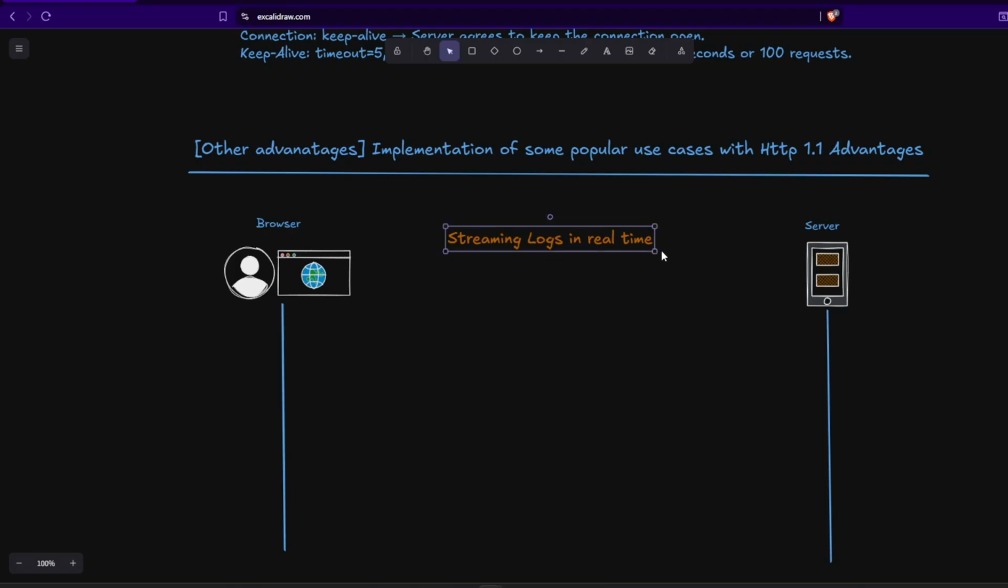So streaming logs in real time has been a real pain point in HTTP 1.0, because every time you wanted to create a real-time loopback of a particular log, a new connection had to be created. But now with HTTP 1.1, suppose you are creating something like the GitHub Actions log viewer. In that case, the implementation